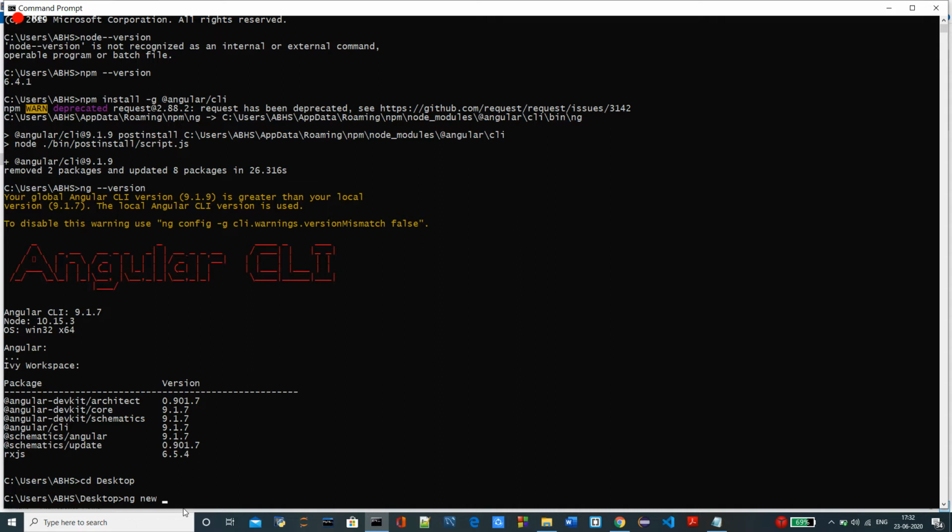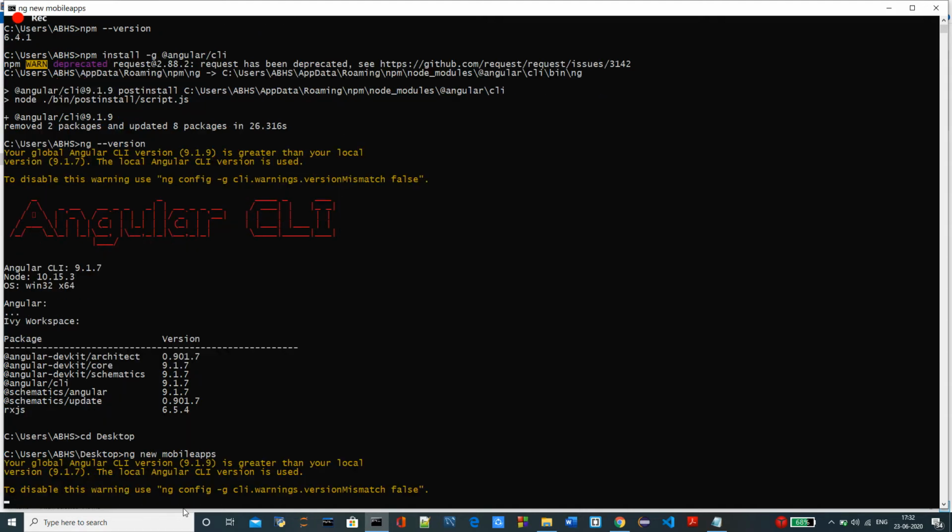Whatever project you want to give, you need to just give it a name. Let's say I want to name it as mobile apps. Any name you can give, ng new and then the project name.